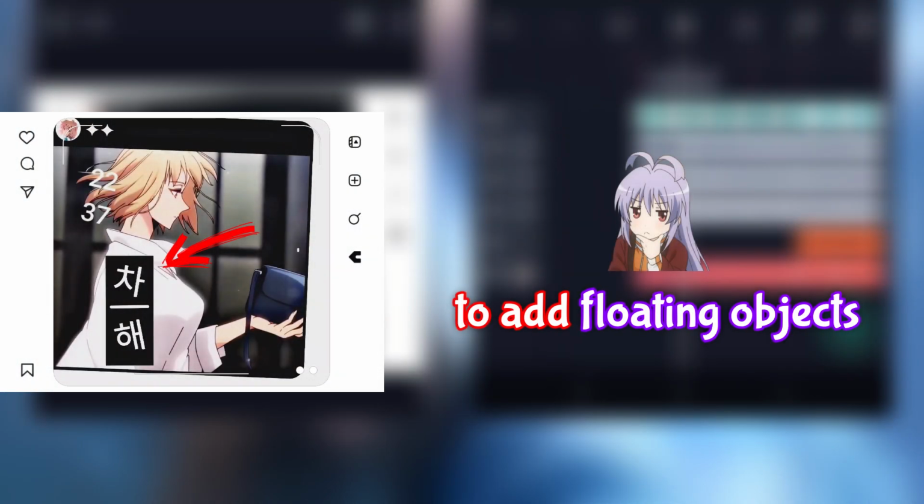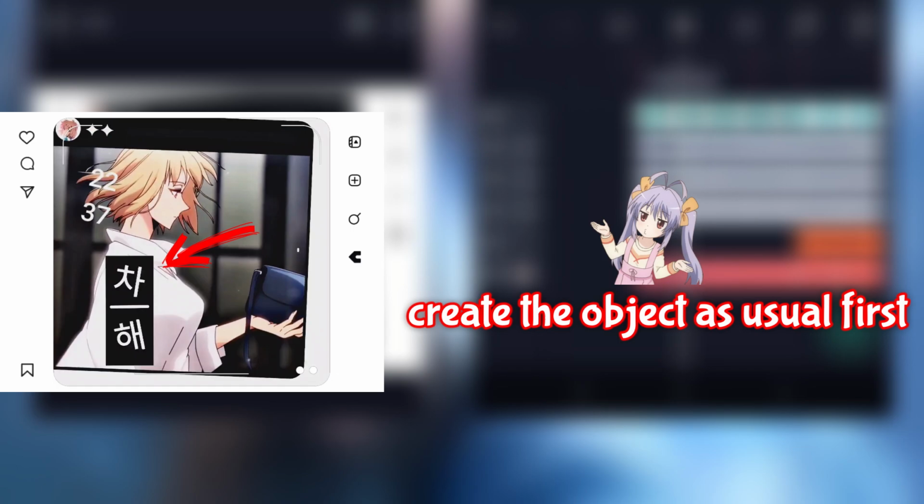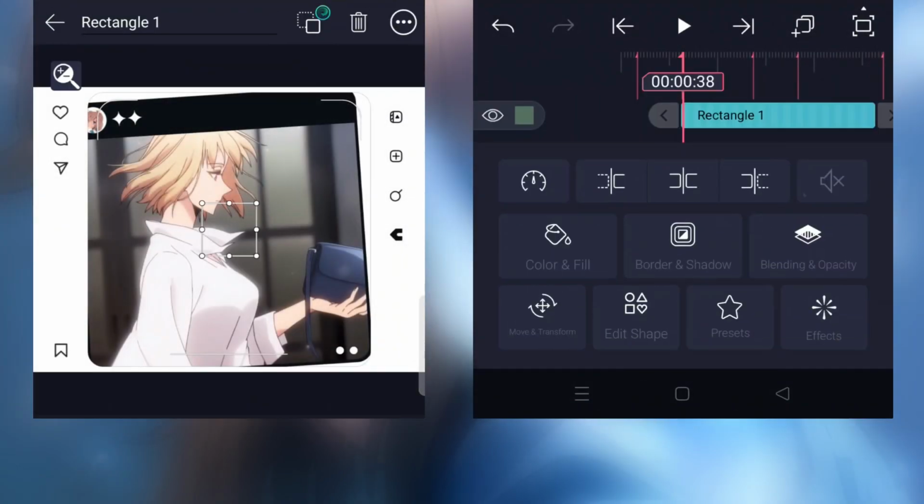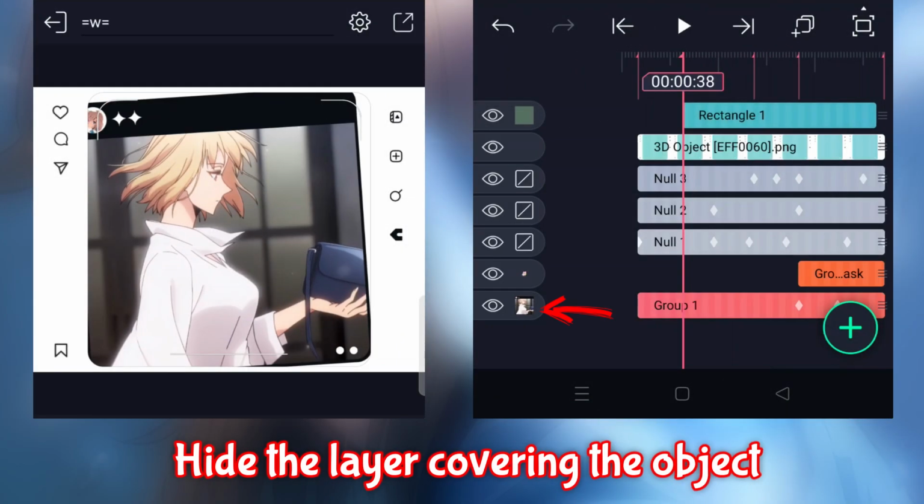To add floating objects, create the object as usual first. Hide the layer covering the object.